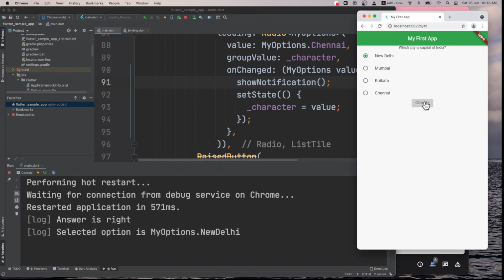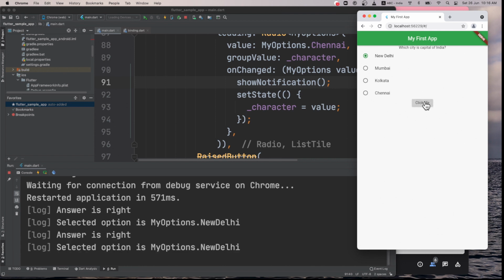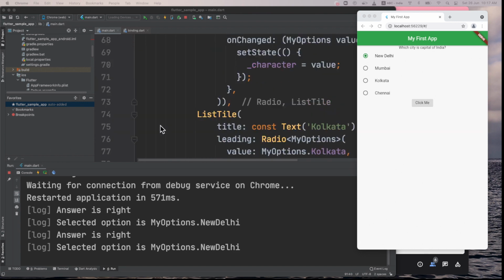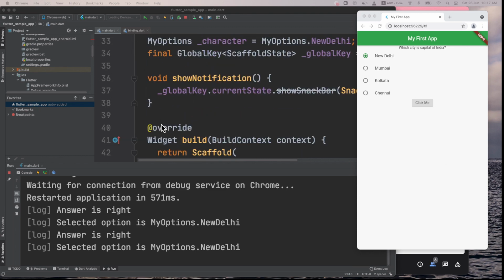Click. Do you see anything? No, I can't see it. So we'll have to debug it, see what the problem is. My system is stuck, so that is the problem. It's taking some time for me to do.